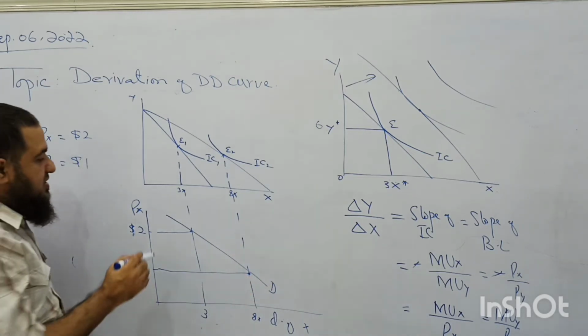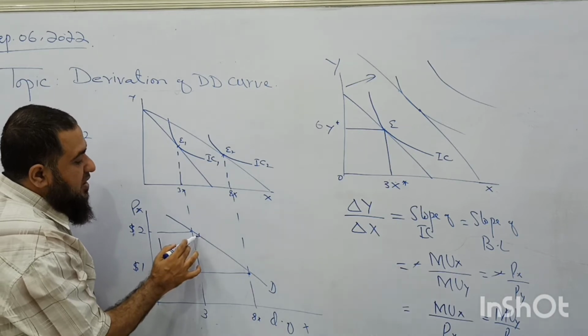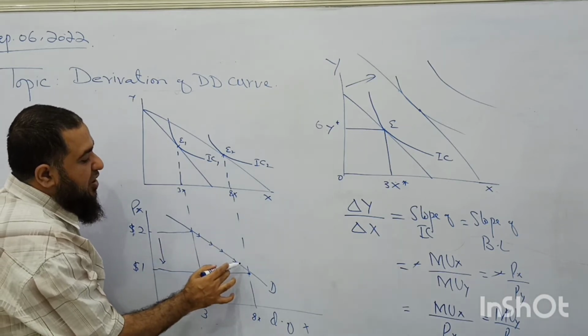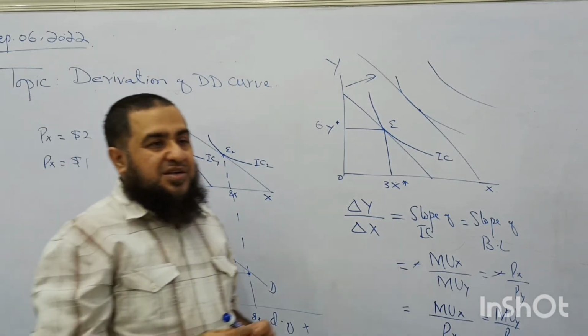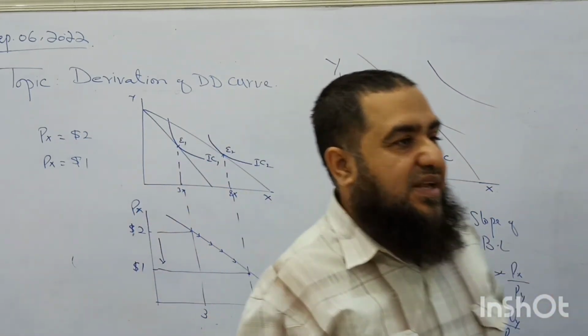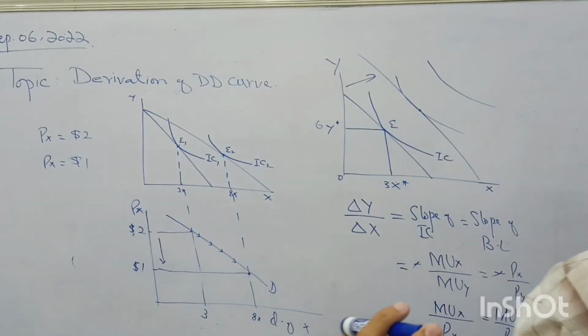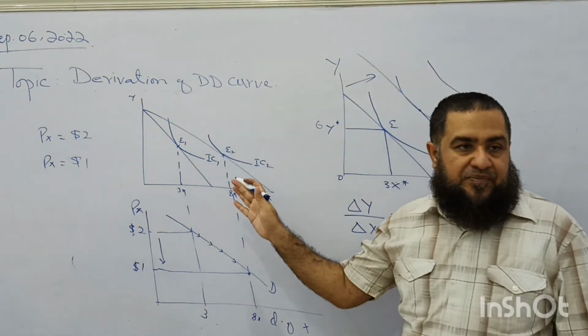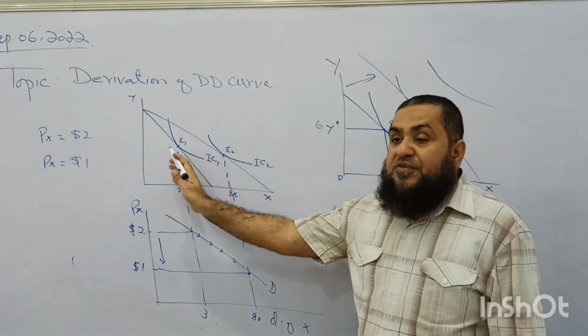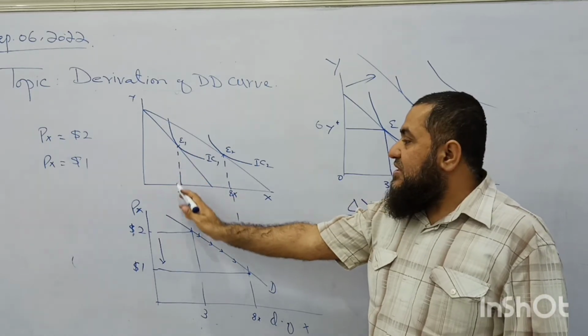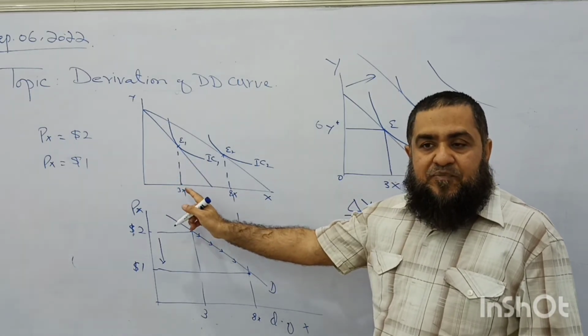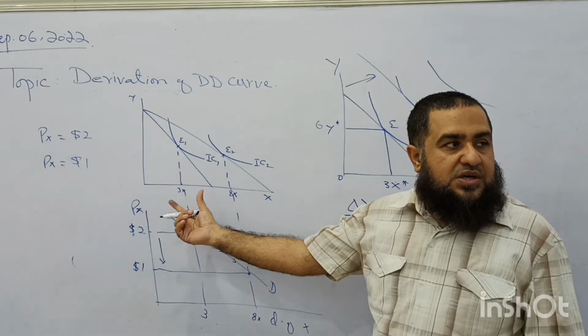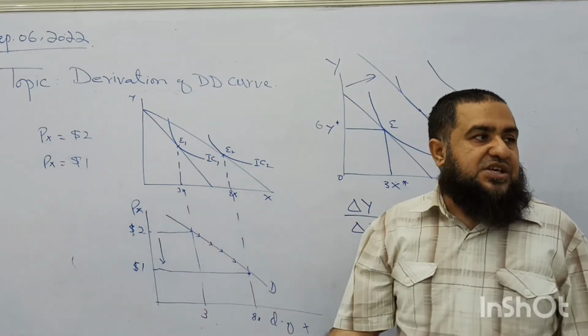As price falls, so there will be movement along the demand curve, which we studied in our AS level as well. This is the normal demand curve which is downward sloping, and we had derived it from this diagram. I am repeating it. Before the price change, consumer was consuming at E1. I am only showing what the quantity of X he is going to consume.